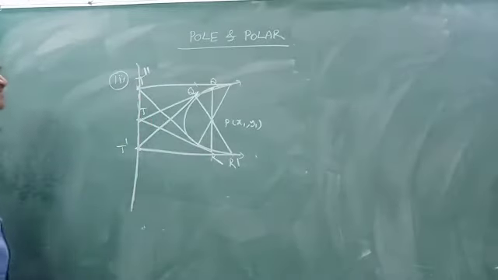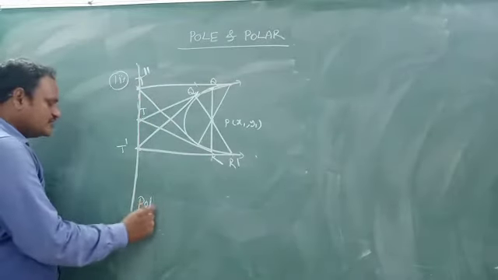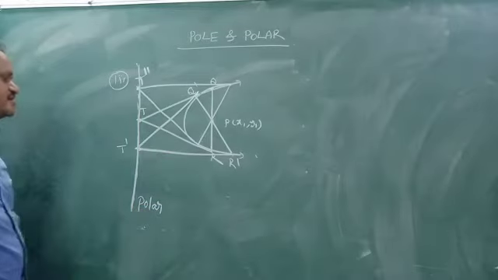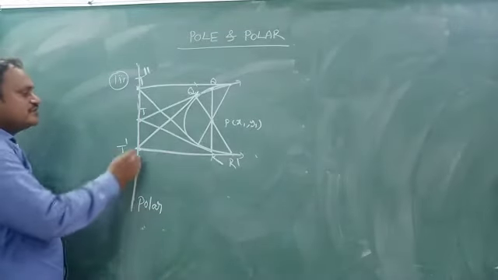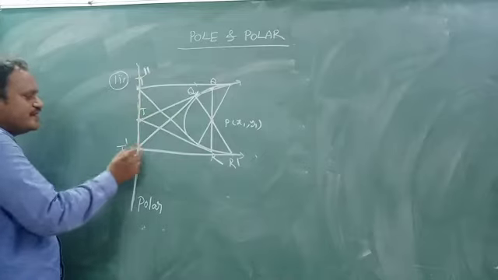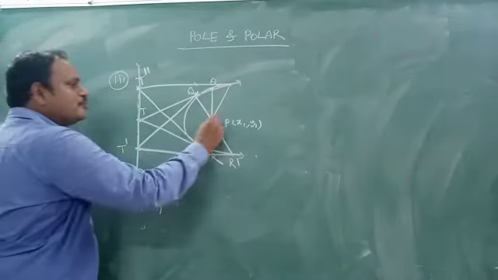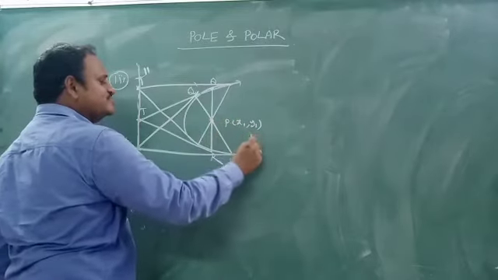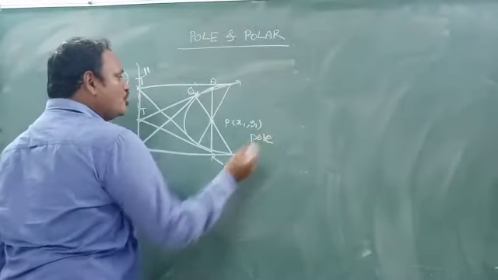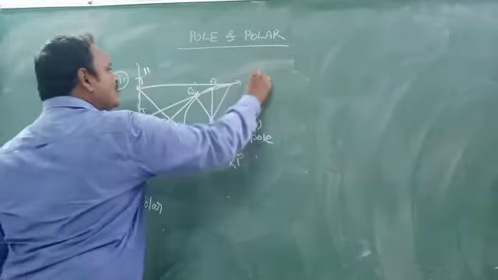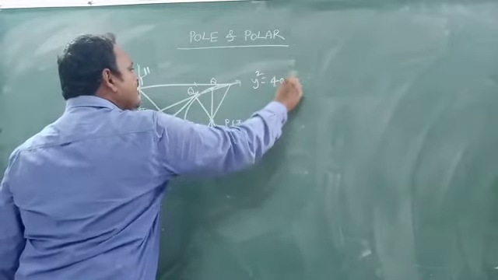what you call the polar. Now this is a line which is lying outside. This is the polar. This line is called the locus of these points of intersection. We are calling it the polar, with respect to the pole, this point P which lies inside. This is what we call the pole, with respect to the parabola y square is equal to 4ax.